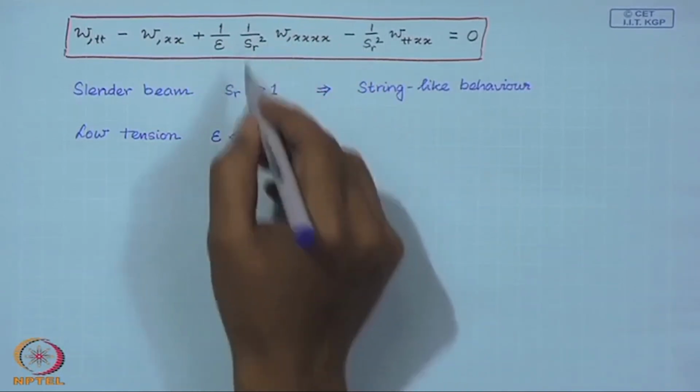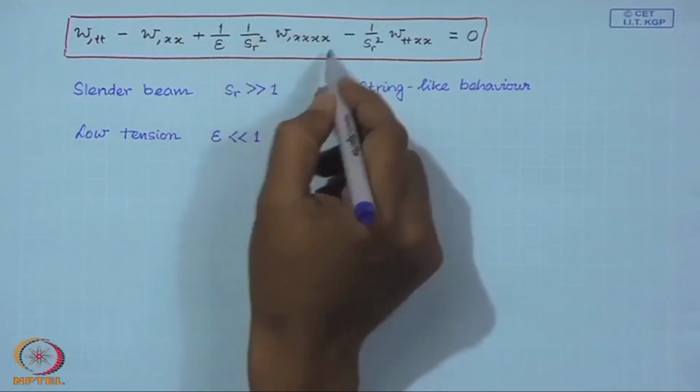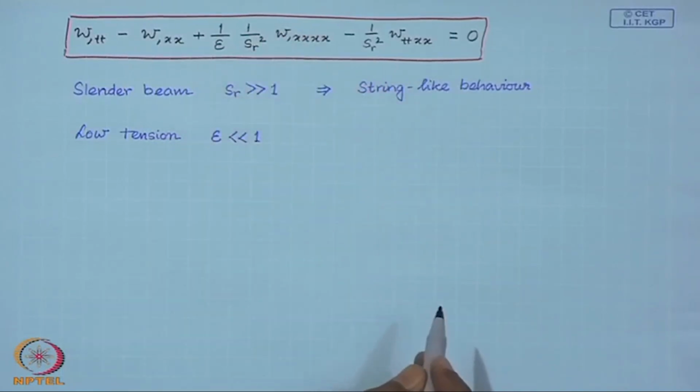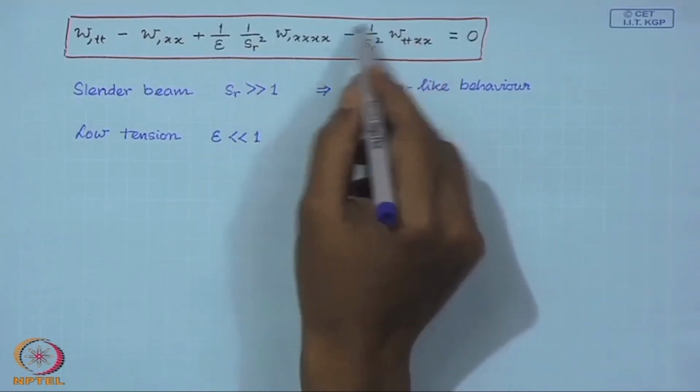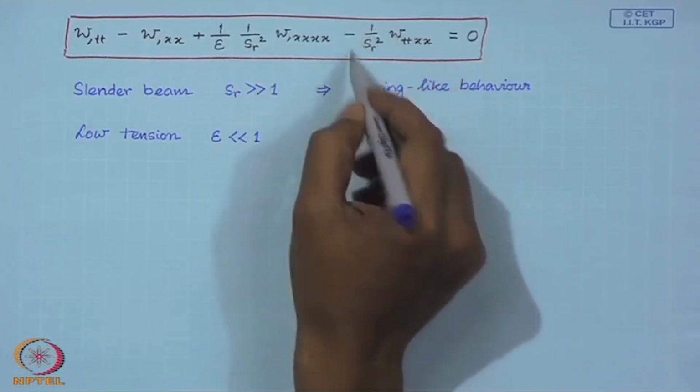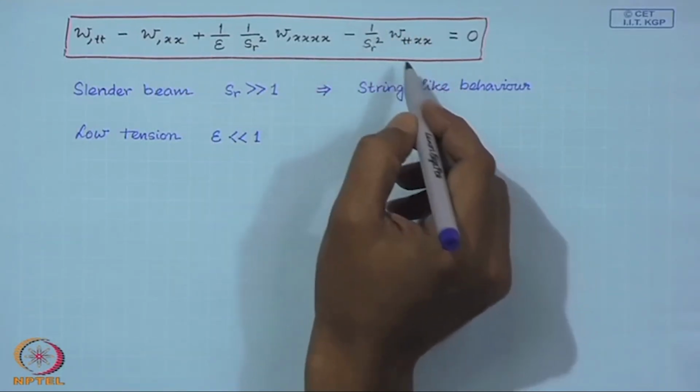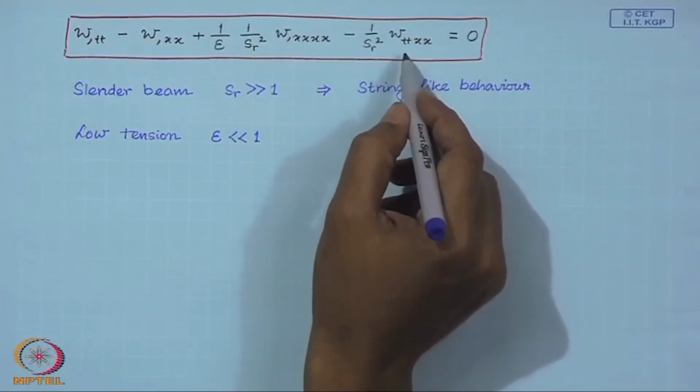In that case, you may have to include this flexural term in the equation of motion. So, this rotary inertia term therefore, is negligible in the case of slender beams,